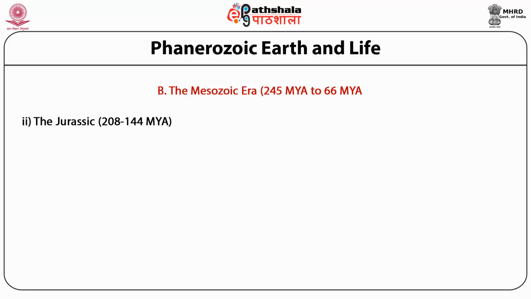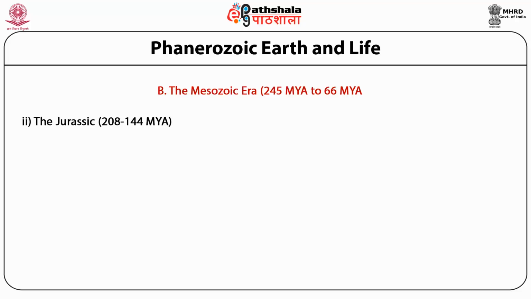The major geological event of the Jurassic period was the breakdown of the Gondwana continent, which resulted in the separation of Antarctica, India and Australia from South America and Africa. Later on, India broke away from the landmass containing Antarctica and Australia and began to move northward. This was followed by the separation of South America and Africa in the late Jurassic period.